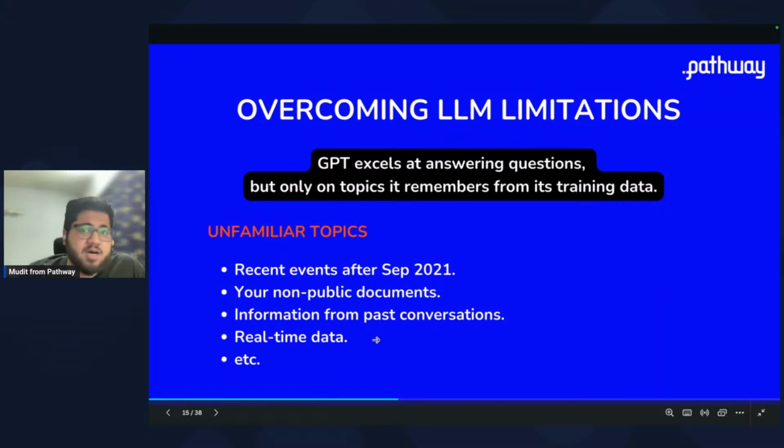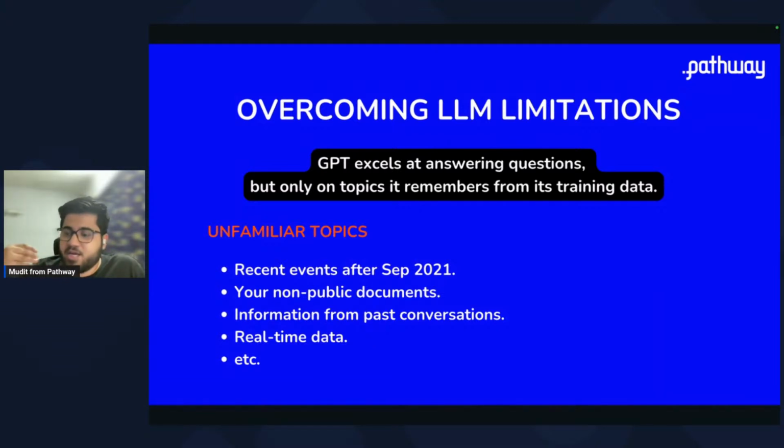For example, right now, as we speak, some very big companies in Europe use Pathway for communication. In fact, in the Olympics, Pathway is being used for enabling real-time communication. Let's say you're in the city of Paris, you're using something like Transdev or any application, and you want to ask in French, tell me how do I go from point A to point B. Now, their bus routes keep on changing very frequently.